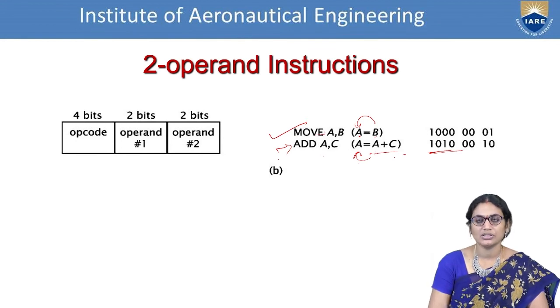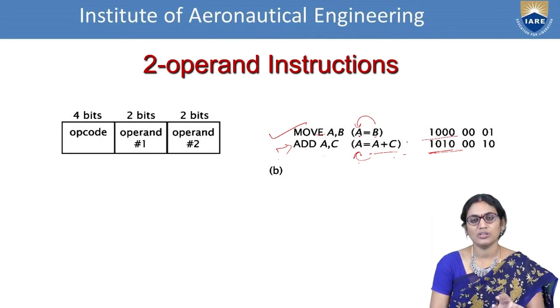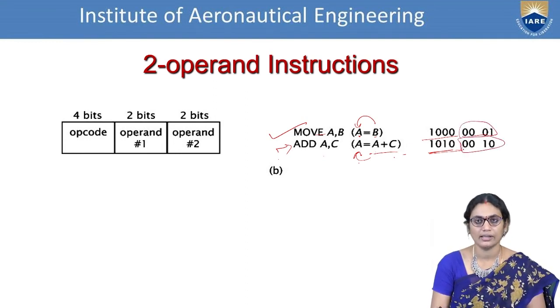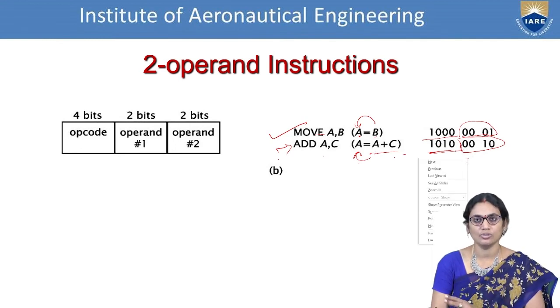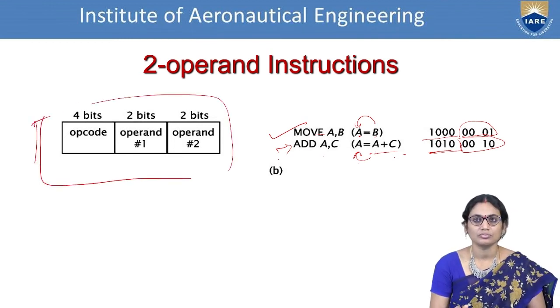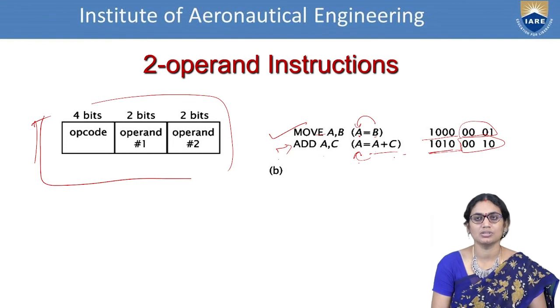Now we are having the next instruction, move. So move is having the value of 1000. Now the same thing: in the move instruction we use 2 operands. Even in add we have used 2 operands. So it is considering 4 bits for handling the data. So we are calling this 2 bits for data 1, data 2, and 4 bits for opcode representation. So this is my representation. This is called 2 operand instructions.